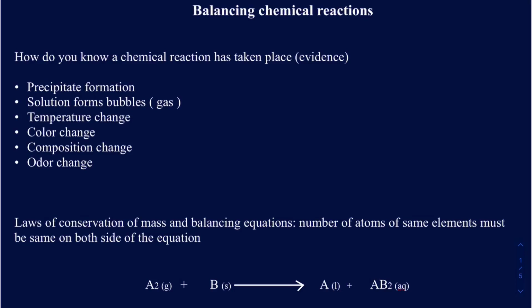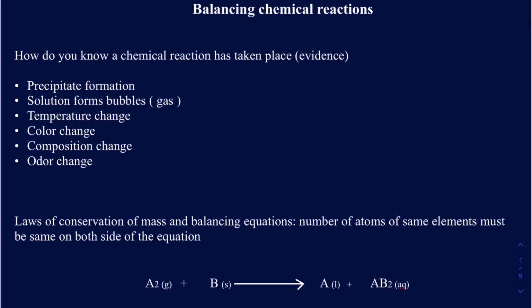In this lecture, we'll learn how to balance chemical equations. And before we actually jump into balancing chemical equations, let's learn some of the evidences that tell you that a chemical reaction has been taking place. So the first evidence we'll look at is the formation of a solid, or another way of saying it, precipitate